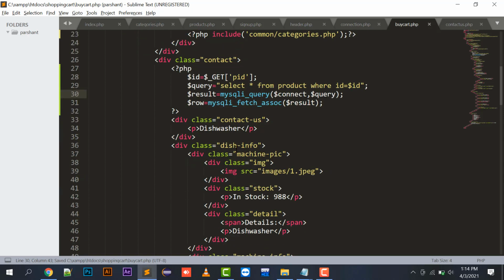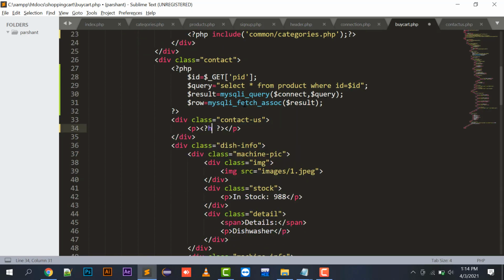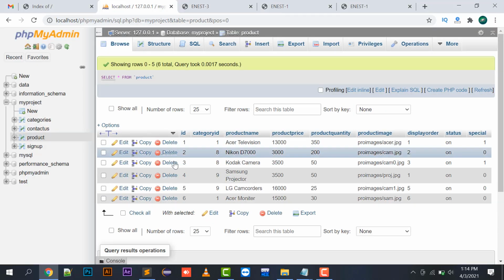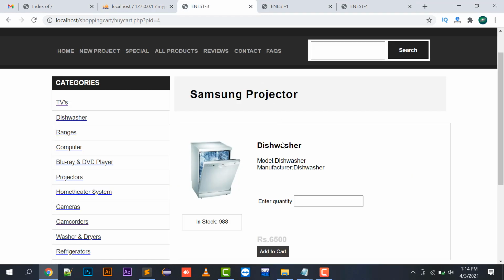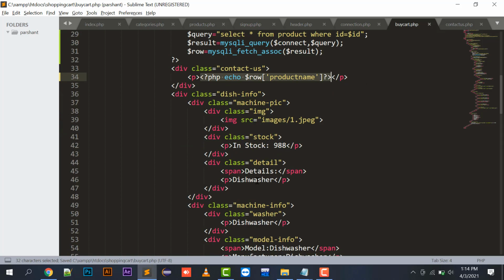So I'm going to update it here. PHP echo row product name. So the Samsung projector, let's check that it is the Samsung projector. And again, I'm going to just copy this instead of typing, in order to save your time and my time as well.